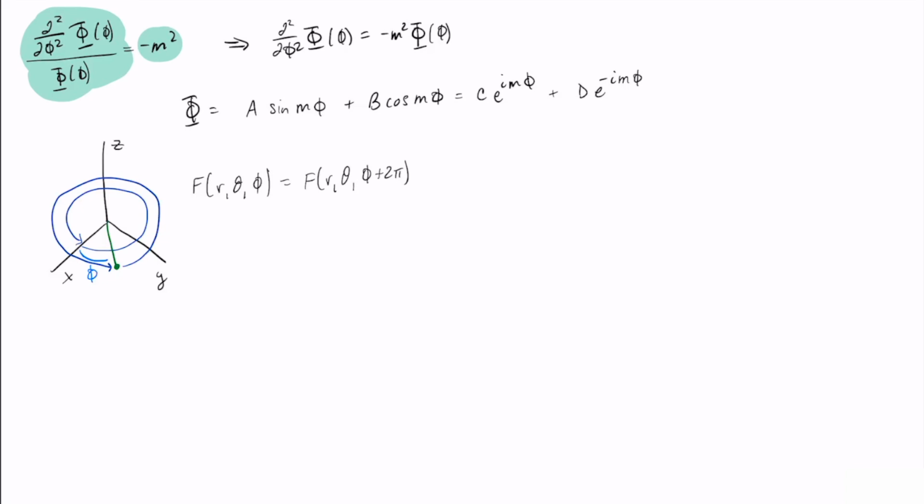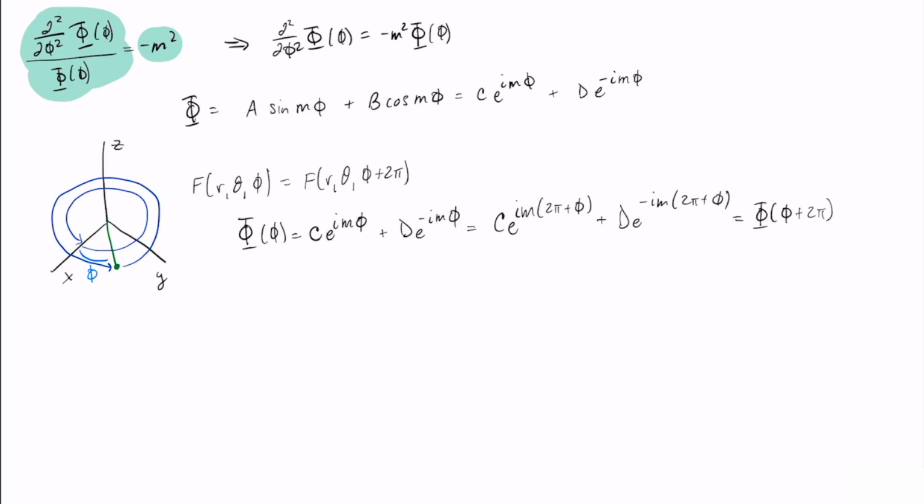So if we plug this in, this means that big phi of little phi is equal to the value of big phi at phi plus 2 pi. We can simplify the terms on the right a little bit by writing it as